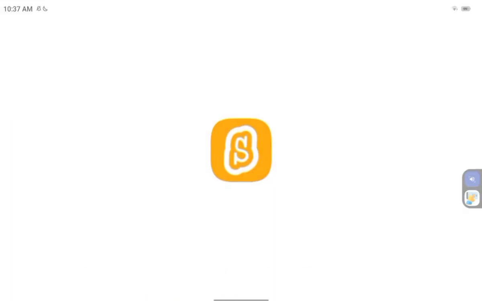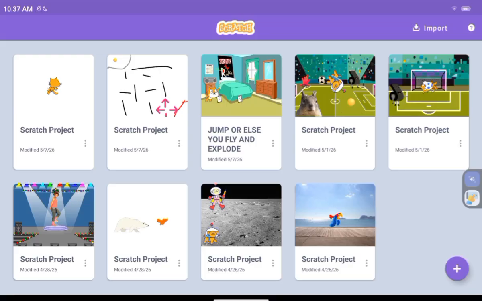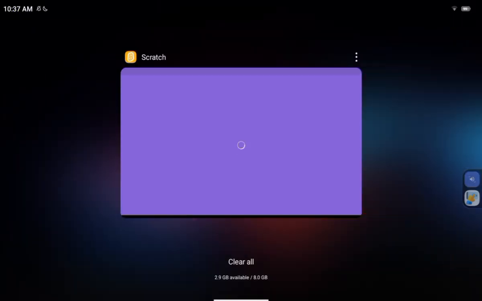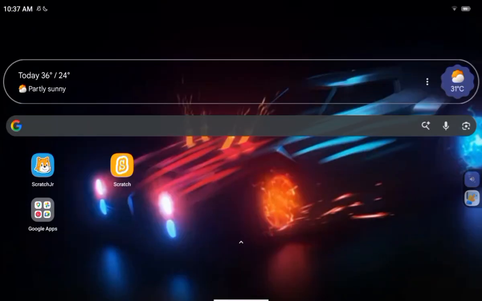Hello guys, today we're going to learn about Scratch. Scratch is a program. You can use it in multiple ways. You can use it on the app, or you can go on Chrome and search